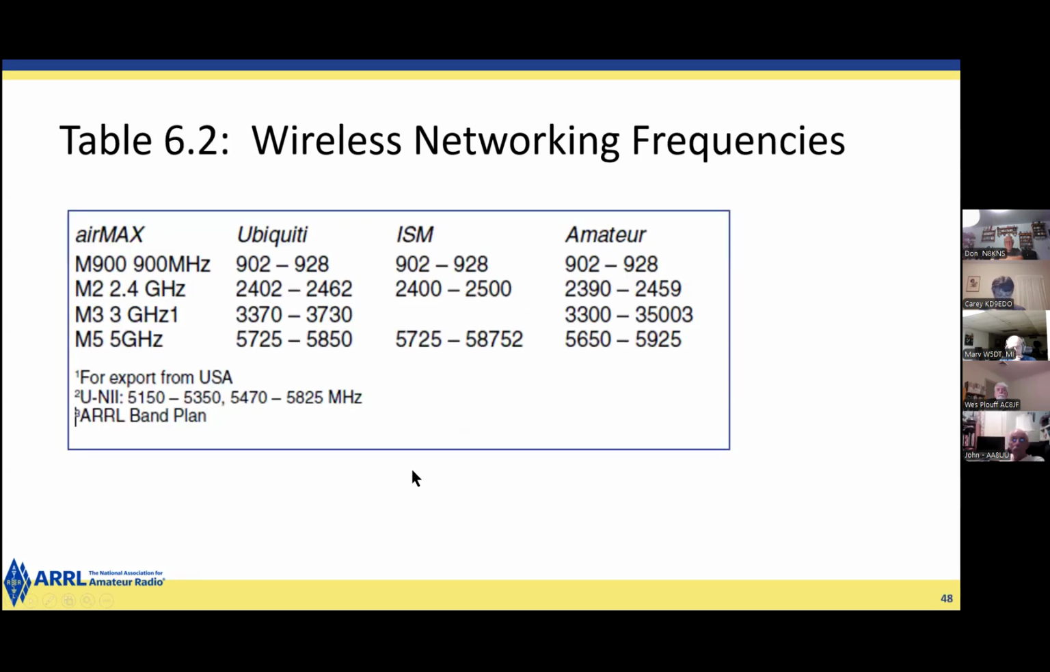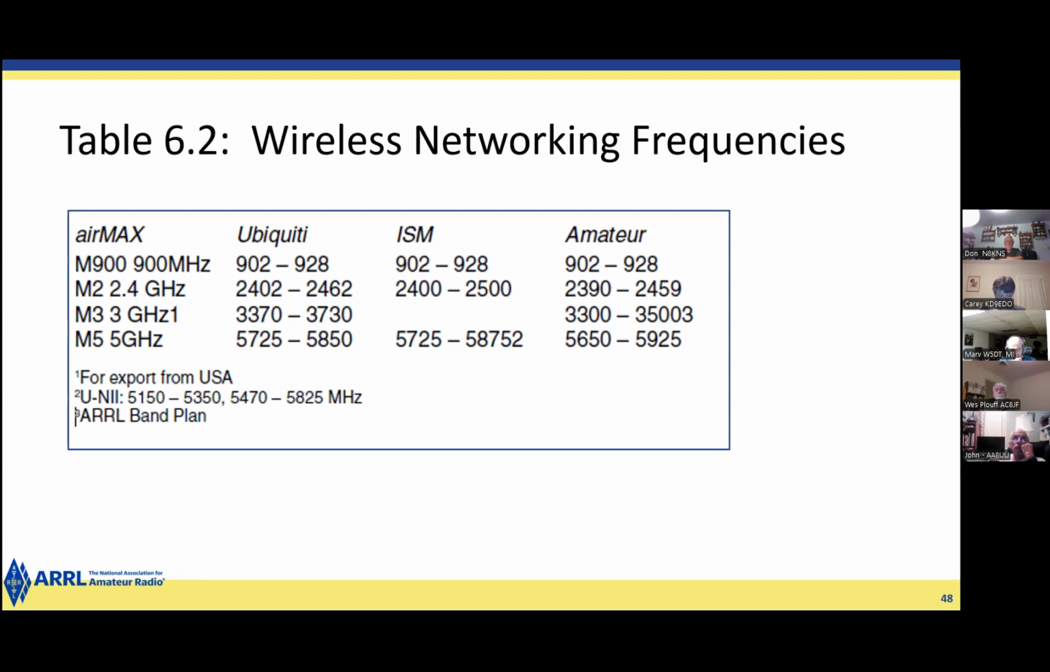So this is where unlicensed bands overlap amateur bands. You can see 900 megahertz is used for industrial communications, and I think some cell phone communications. 2.4 and 5 gigahertz are used for Wi-Fi,